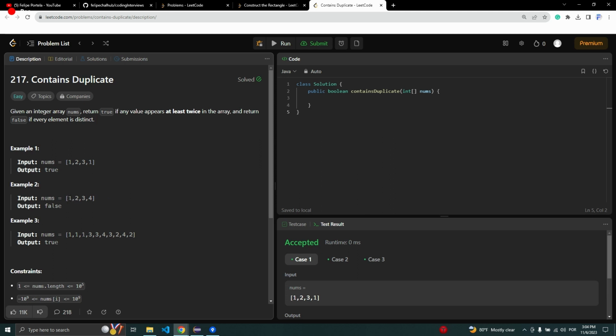So here, 1, 2, 3, 4, no duplicate numbers, which means the answer is false. Here, there is 1 and 1, so there are duplicate numbers, return true. And here, of course, there are a lot of duplicate numbers, so the answer is also true. So what we want to do to solve this is just iterate through the array and check to see if there are two equal